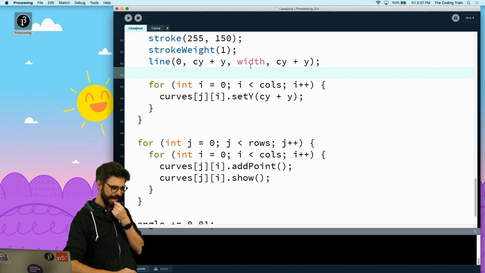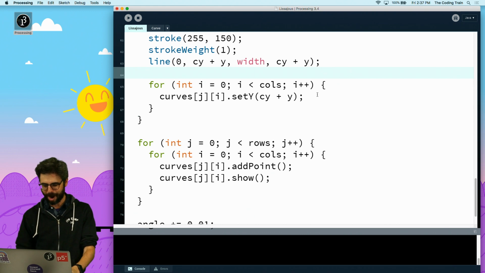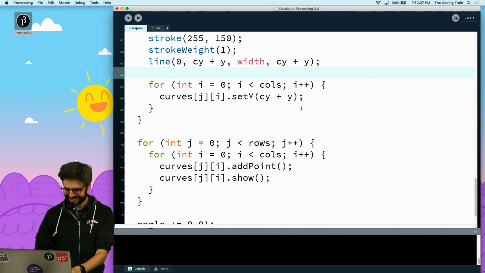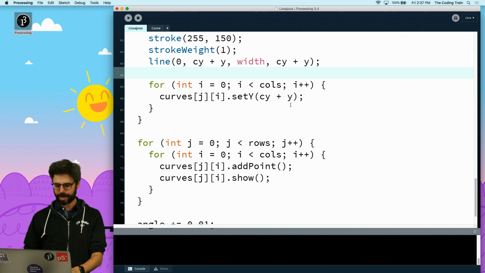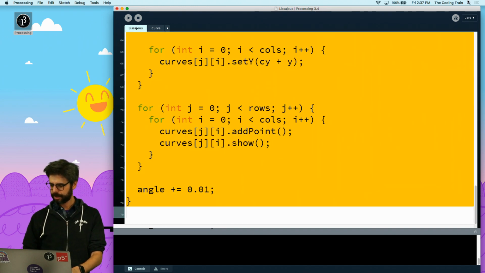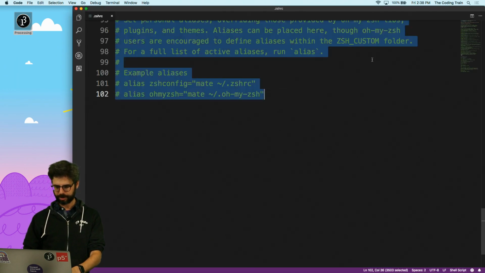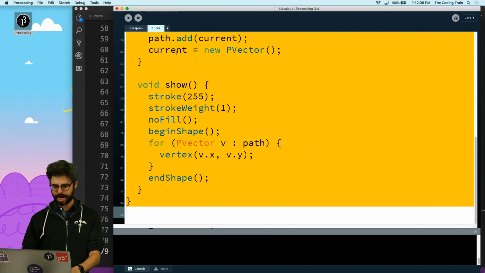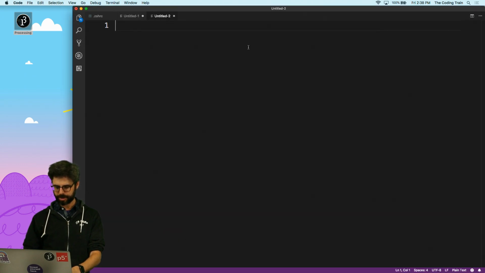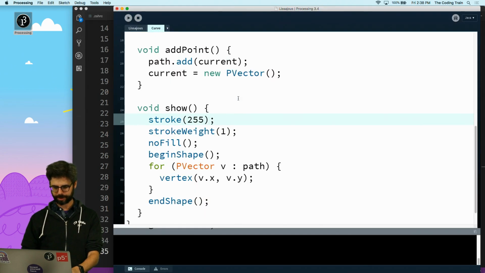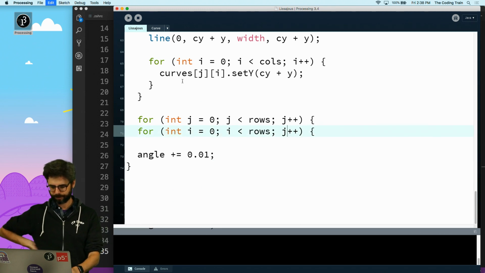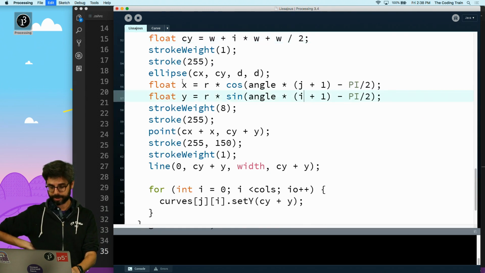You changed set X to set Y. Whoa, that was a while ago. Wow, that was a really long time. Okay, let me just do some triage here. Processing is not super great about undo, but I'm going to save where I am just in a different file. Let's see here. Thank you, Alka, for noting where I stopped.